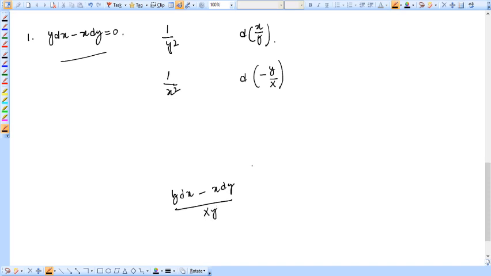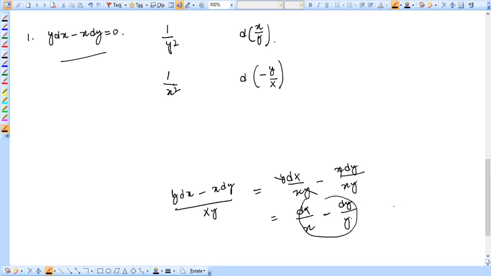See, it becomes dx over x minus dy over y, after cancelling. So you get dx over x minus dy over y. So integration yields, this can be written